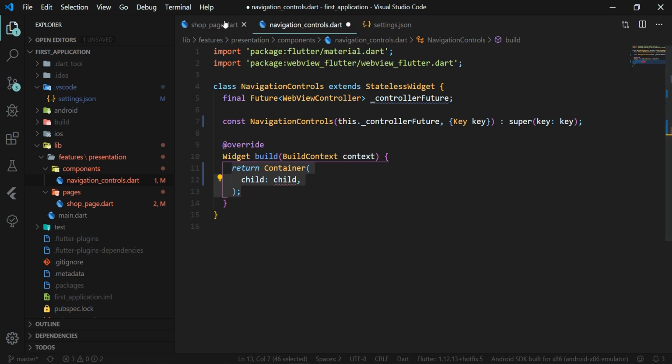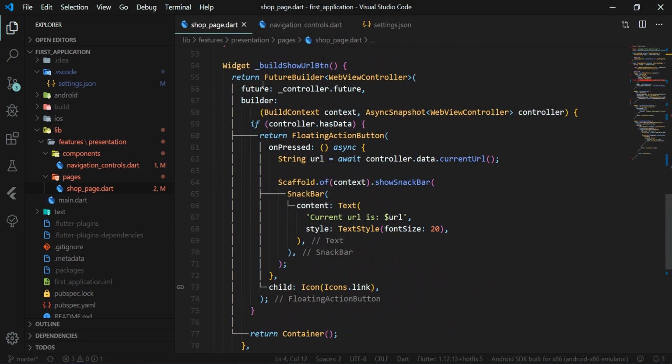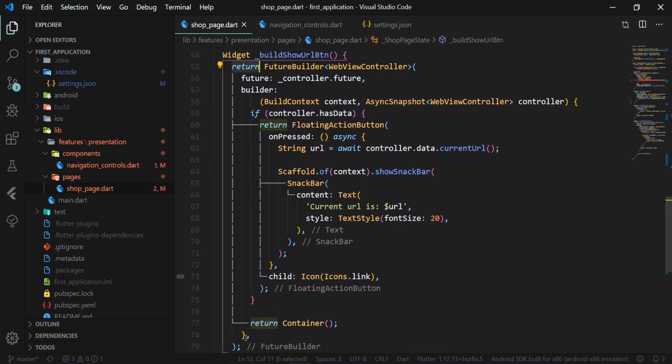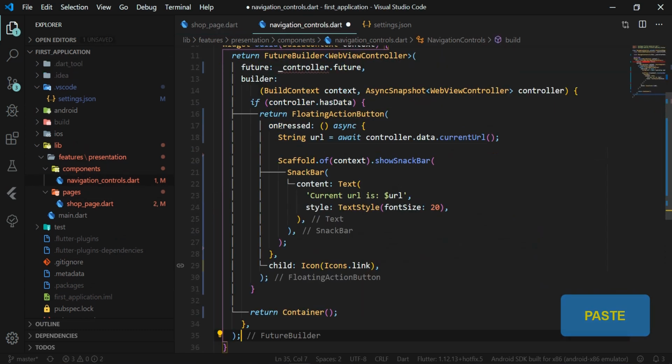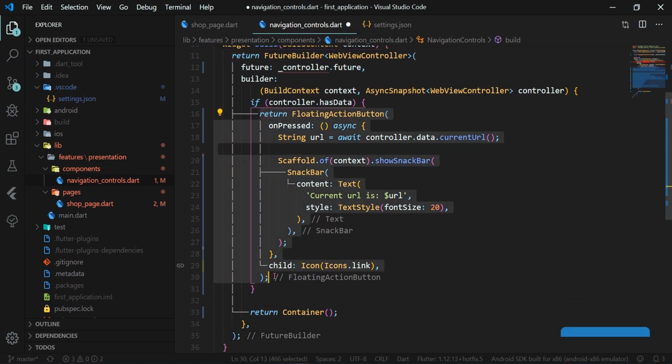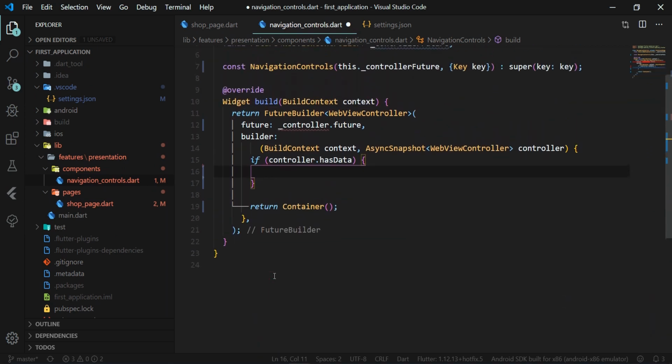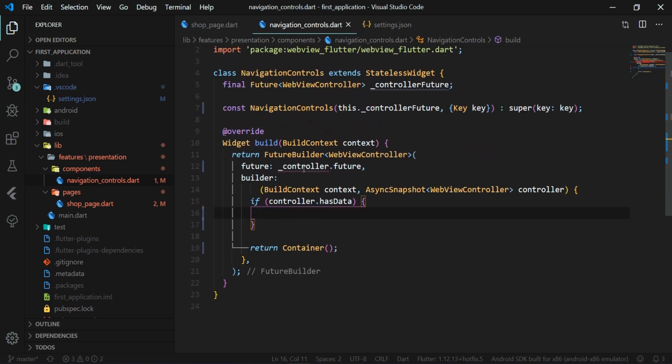Subsequently, in the build method of the stateless widget, we will create the future builder widget as in the previous tutorial, where future will be our input parameter for this class. Future generates info about whether the Webview controller is valid. Consequently, if the Webview controller is valid, that is, controller.hasData is true, we will return the row widget in the